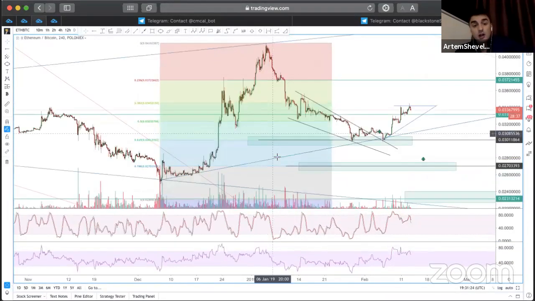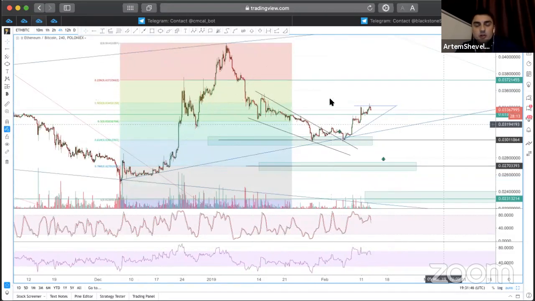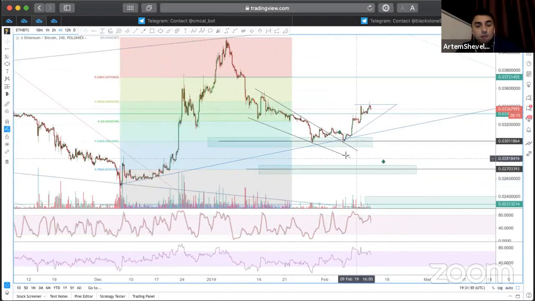All right, Ethereum. Well, I had this TA. I don't remember when, but I thought I made this TA on a live stream. So those who watched us from the previous shows probably remember this. So we had this buy area at 0.3, and it worked out very good, 10% profits here.